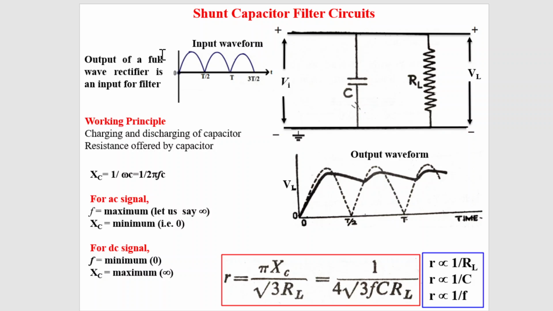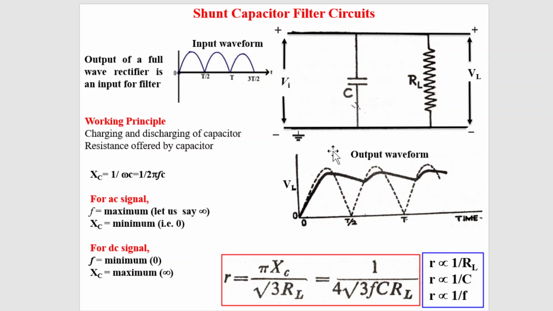So if we apply an input signal, the input signal is basically changing with respect to time. There is variation: increasing, decreasing, increasing, decreasing. Initially when you apply the input signal, your capacitor is discharged, so you are at zero signal input. Now as soon as your input signal increases, current will pass through the load resistance, so the output signal will also increase accordingly.